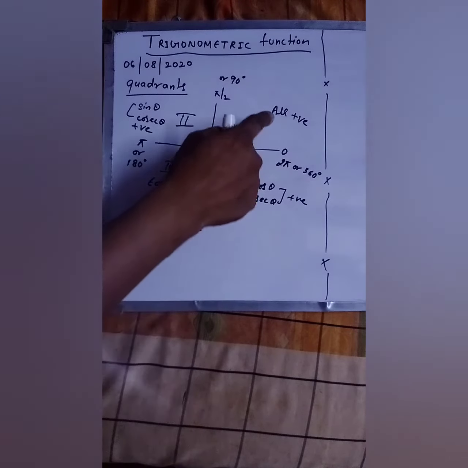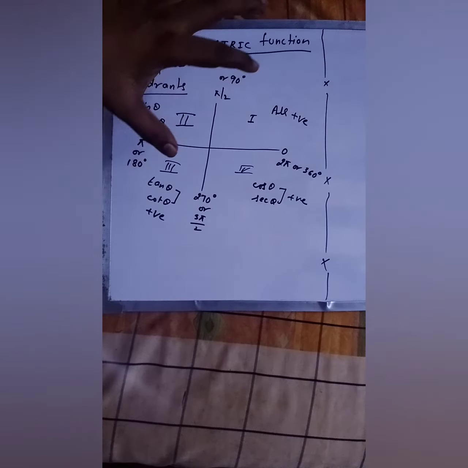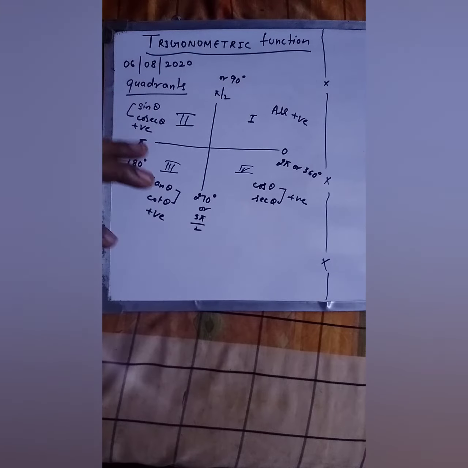Okay, so this is how you can learn quadrants. It has a lot of importance in trigonometry. So now you just have to know in which quadrant the particular function is positive or negative. Okay,